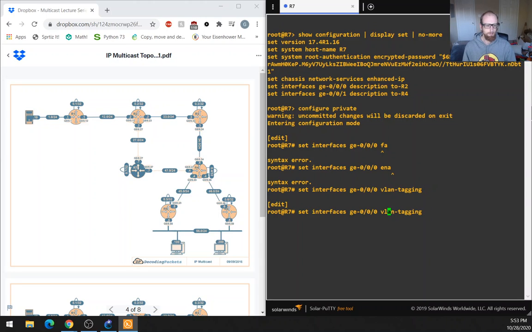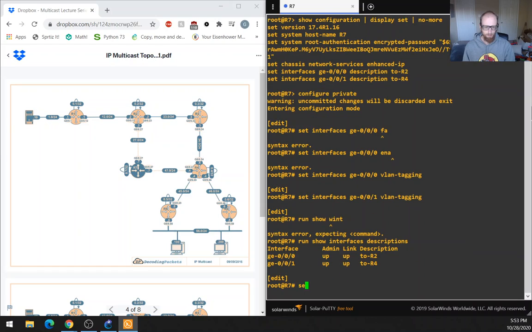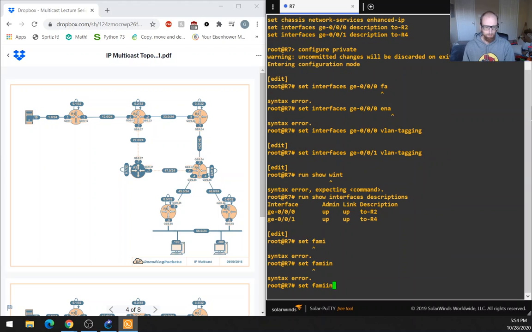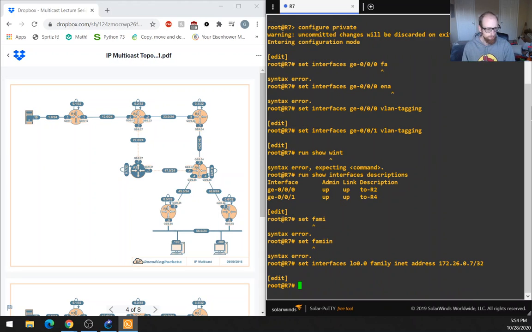There we go. Okay, now let's do a run, show interface descriptions. There we go. Address .0.7 2